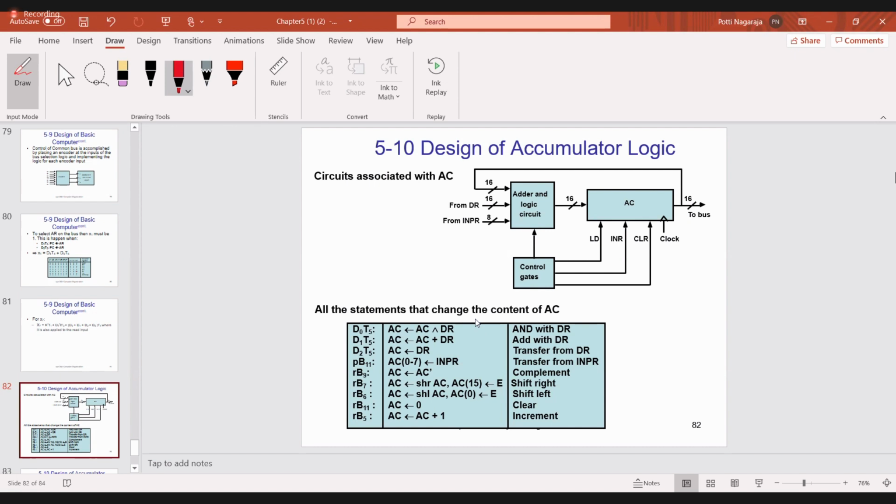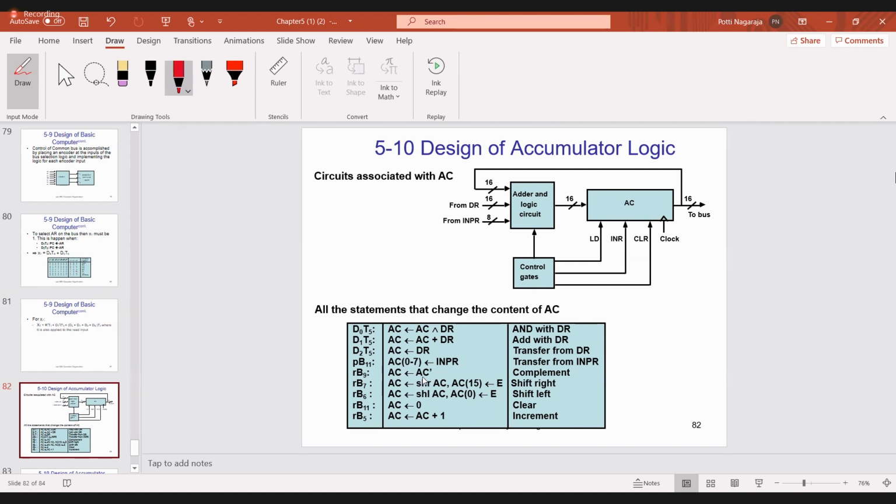Now, what are the operations you do with the accumulator? You already know. I will do the AND operation and store that result in the accumulator. Then the add operation, that is AC plus DR, then store in AC. Then transfer the data from DR to AC. Then whatever is in the input register, I have to transfer to AC 0 to 7.